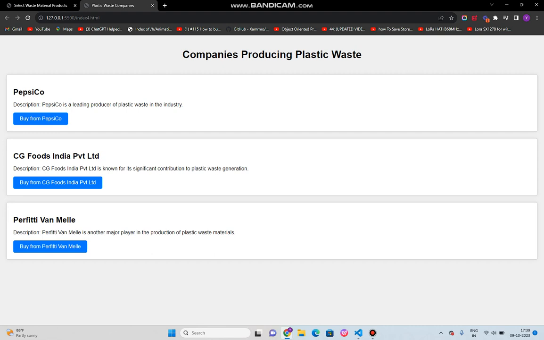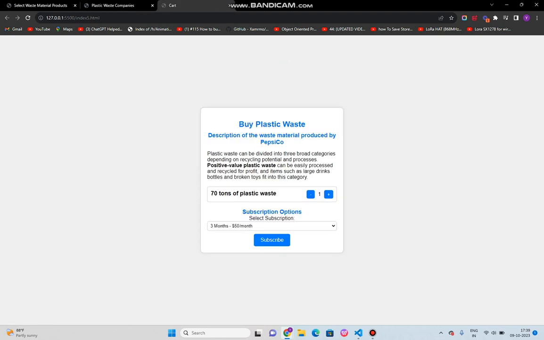These ratings are provided by regular checks on the waste materials produced by the company. And just as an example, we have taken these three primary companies. Now, say I want to make a deal with PepsiCo. I go to buy products from PepsiCo, and this is our shopping cart, the final shopping cart. And here I am provided with an MOQ based shopping cart. The main reason we opted for an MOQ based shopping cart is for a better user experience, so that the user buys the correct amount for the correct price as per the company requirements.